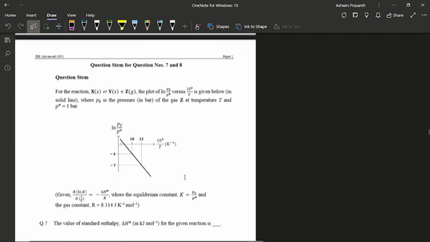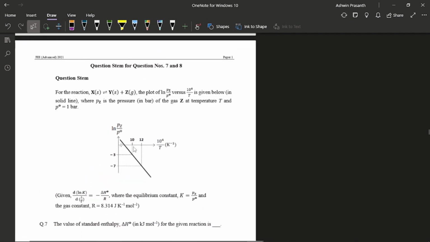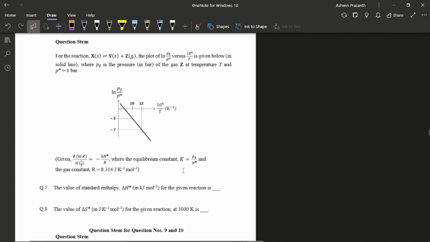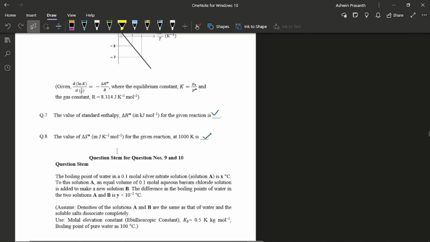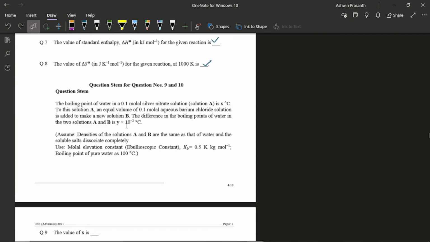And next was this question. Now, I would suggest you to actually do this in a second round because it would go lengthy. But I was comfortable with this type of format of questions, so I did it in my first round itself. Even though it went lengthy, I was able to solve it in a good time and give answers to both correctly. And here in this question, I knew it would go lengthy, but the concept was easy, so I did it. But a big blunder I made was here, X.